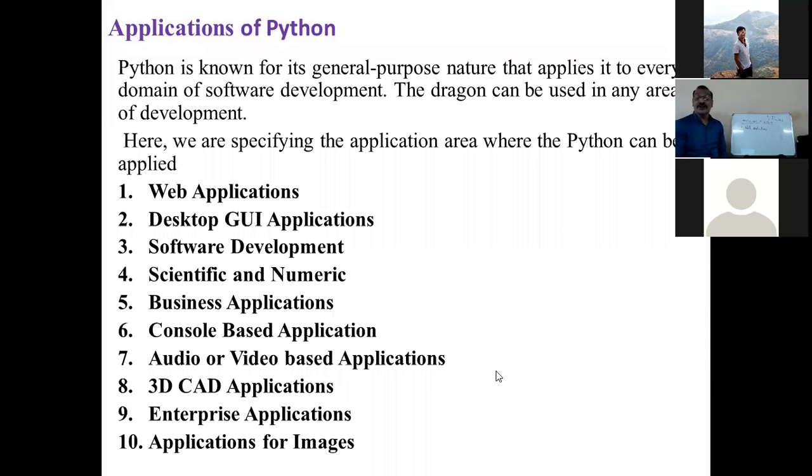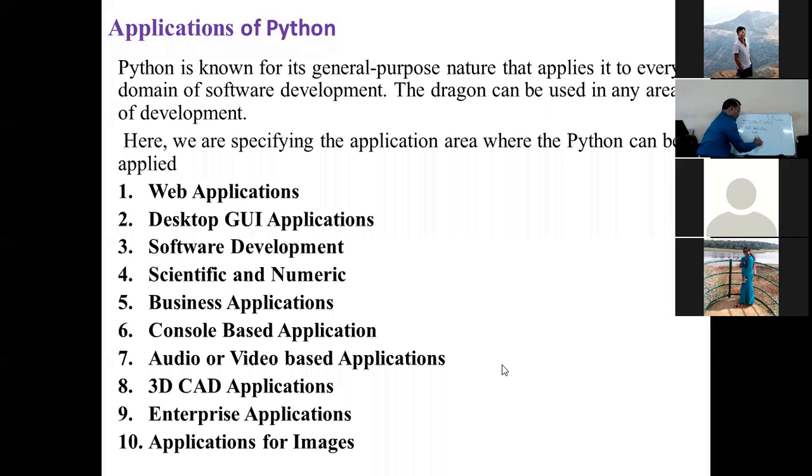And in Python, you can develop websites and web applications in a very simple way. There are the mediums through which you can develop: HTML is there, XML is there, JSON is there.